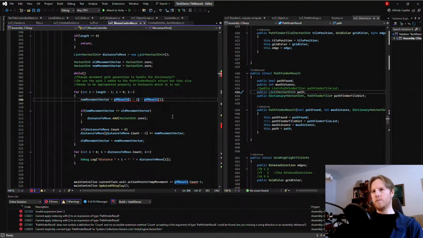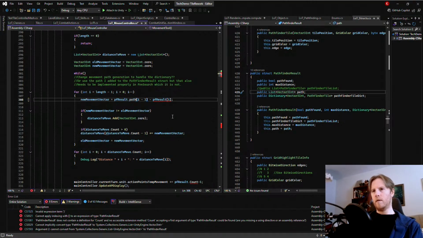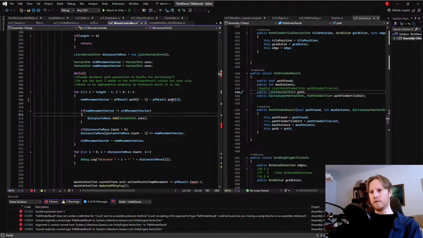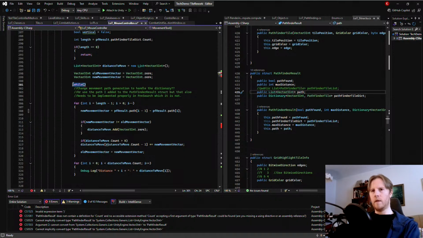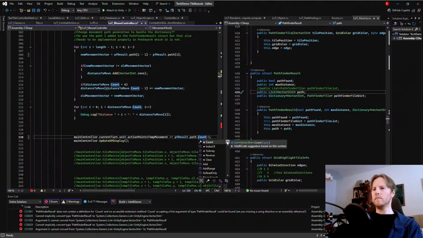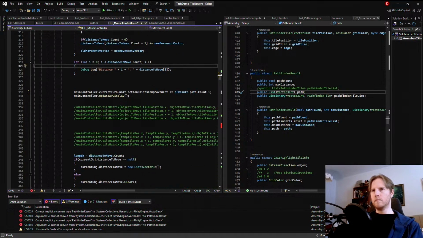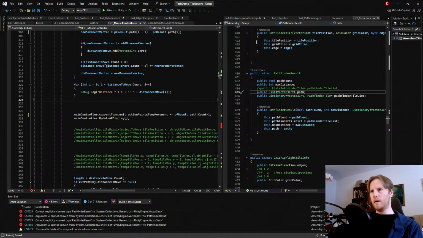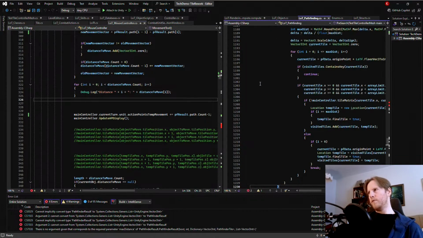So this should just be pf result.path instead. And I think this is the easiest way to solve that. Like that. And then if we go here,